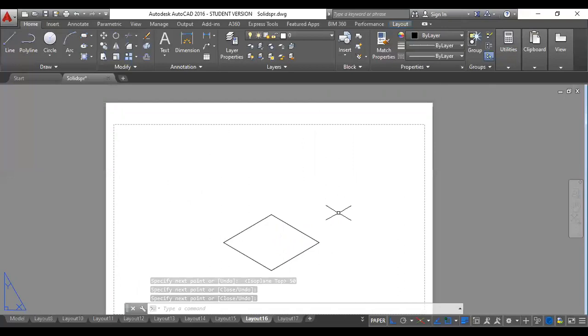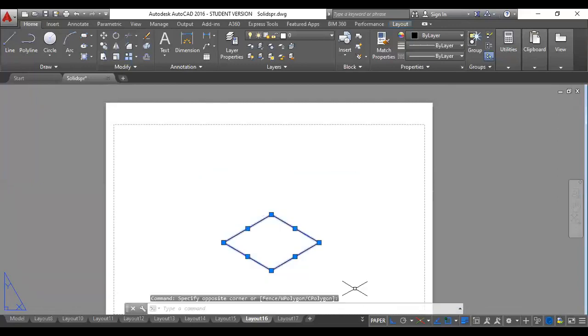So the height of the cube would be 50 mm. It's a cube, so the height will be 50. Two methods. One is that you can draw lines from each corner. From each corner, you can draw a 50 mm line and join the top faces, or else you can copy this base and move it to a height of 50 mm. Both can be done. Because we are doing it in the software, we are doing it to reduce our effort. So instead of drawing four lines of 50 mm from each corner, I can directly copy this and move it to a height of 50 mm.